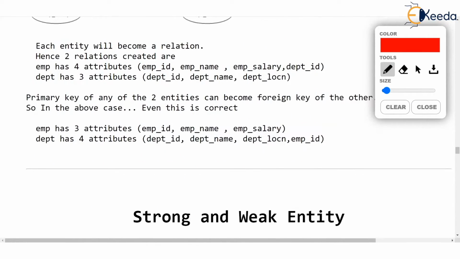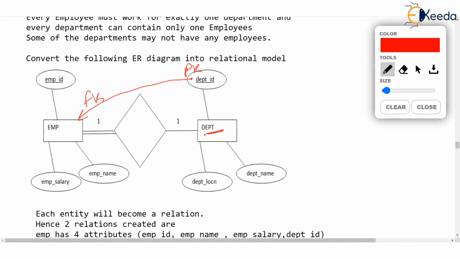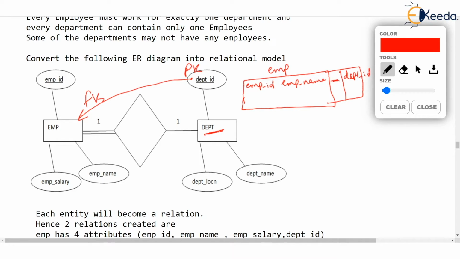I don't have a diagram, so I will draw it here. Two relations we have got. EMP is a table that has EMP ID, then EMP name, then salary, just imagine that. And the fourth column we have is DPT ID. This is the foreign key. So we, as usual, will have these three columns, and this DPT ID will be added as one of the columns in the EMP. What about the DPT table, the other table?